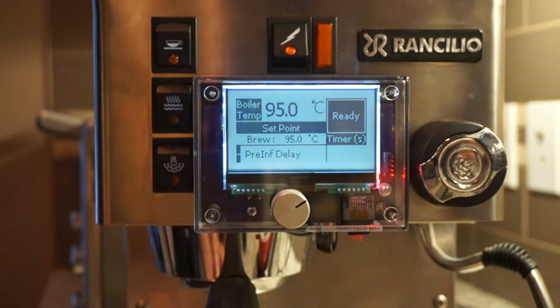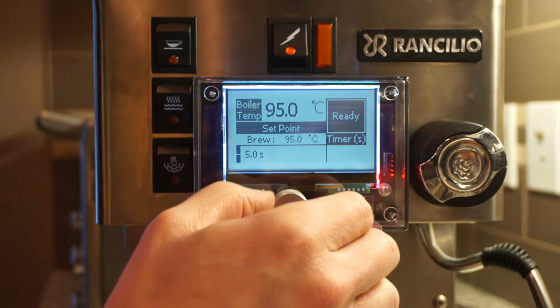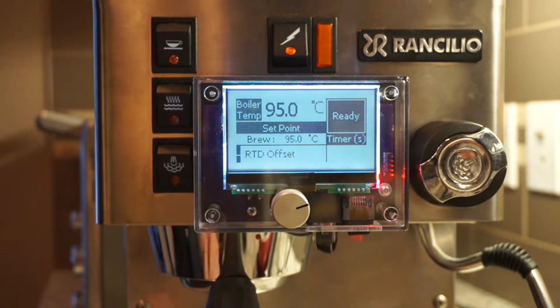The second one is pre-infusion delay. So after you have the water in the portafilter, how long do you want it to sit there for? Right now I have it at 5 seconds. Again, still playing with it. Before I run a shot with the pre-infusion as an example,